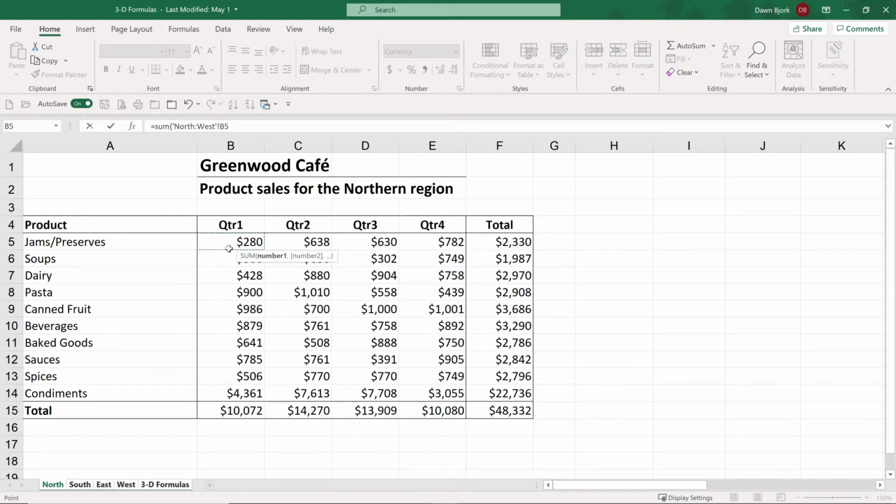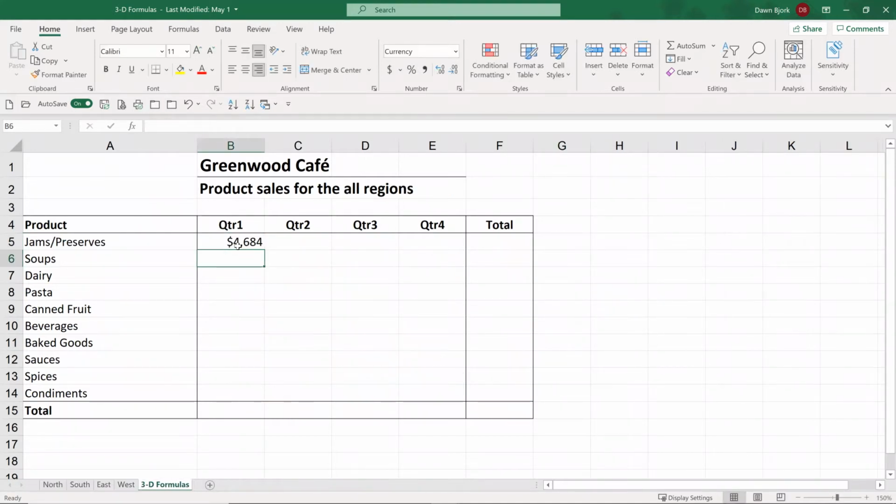At this point, I could close paren and hit enter, or simply hit enter, and Excel will do that for me. So let's look at what that formula displays as. That's the logic. North colon west exclamation, and then that cell. That is the sum. That is a 3D formula, three dimensions. And in this case now, because the logic is what we call relative, that is, it's based on its location,